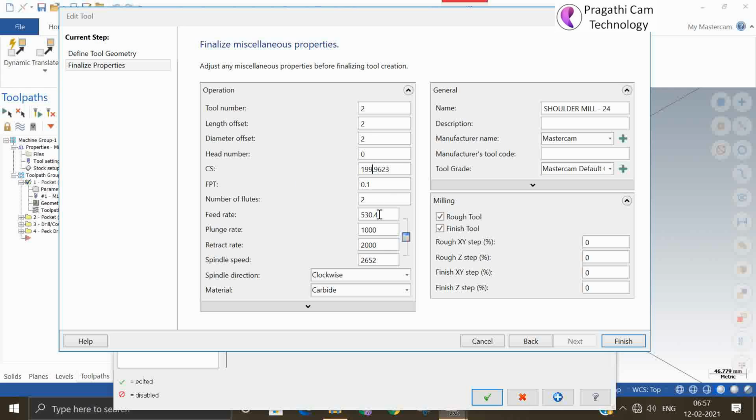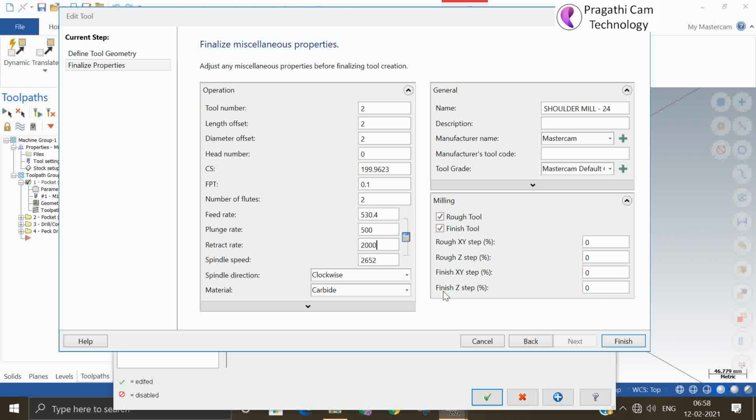Now you can see that by changing here, your feed rate and spindle speed are changing. Always the plunge rate should be less than the feed rate, because feed means movement of the tool in XY, but plunge means movement of the tool in the Z direction. So always the plunging should be less.